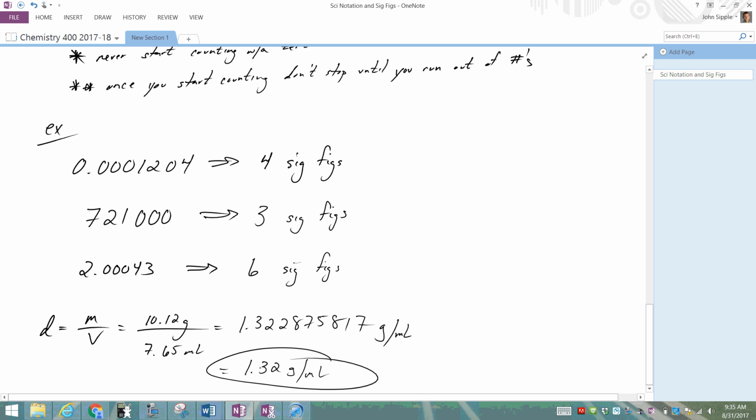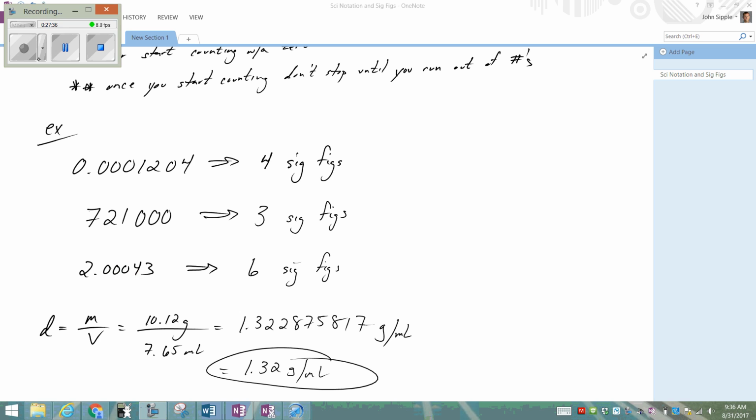All right. So that's ultimately why we need to be able to count around sig figs, because of that. Yep. So if that works for any operation, like here you're dividing, is that the